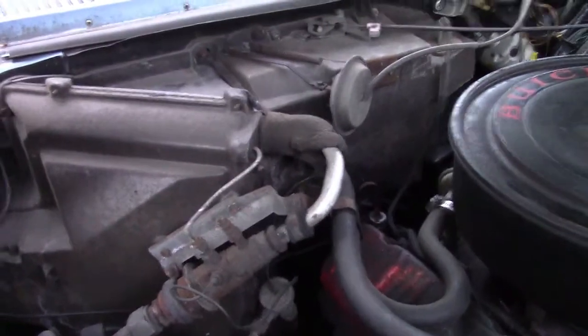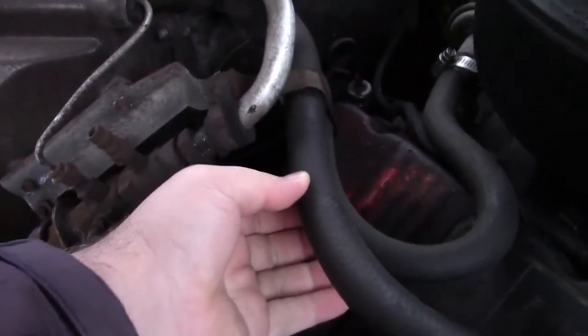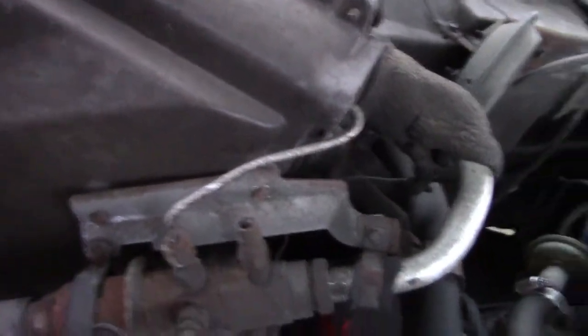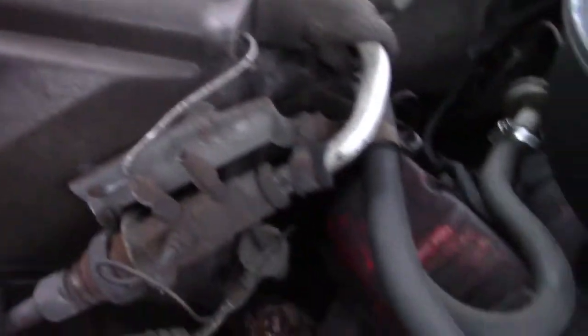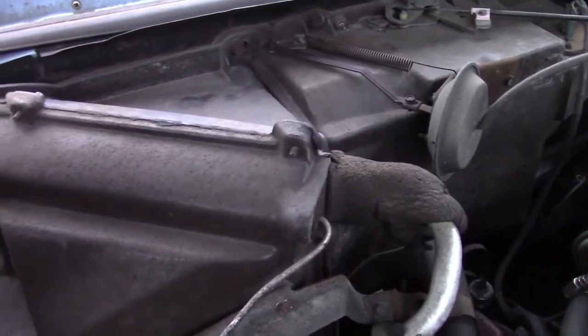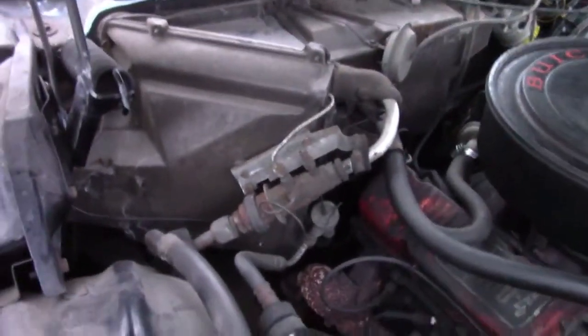Now I know the heater core is buried in here. These are the hoses that go to it, and they go right into the firewall. You can probably just barely see a clamp on them. There's two clamps there, obviously one on each. How to get to it? This is way beyond what I'm ever going to dream of thinking about doing, so I'm going to have